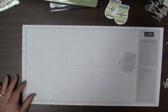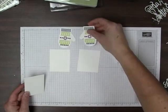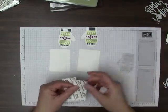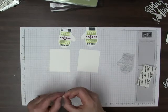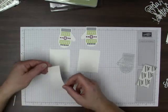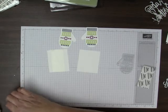Okay, so with that adhesive sheet, we're going to make two mittens, right? We're making a right and a left. And I have pieces of that adhesive sheet that are not even quite as big as the mittens. They're scraps I had from another project that were 1.5 inches wide, and that's going to be fine for this project. I'm just sticking that to the Whisper White cardstock,